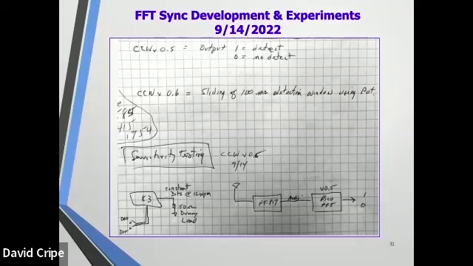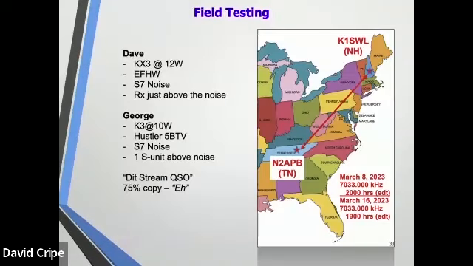Everybody keeps one of these, I'm sure. I took the K3 and dummy load, loosely coupled, bada bing, bada boom, and I was able to reliably get the 1 and 0 type of indications from the detection. So very, very favorable. And again, with Dave running the KX3 up in New Hampshire,